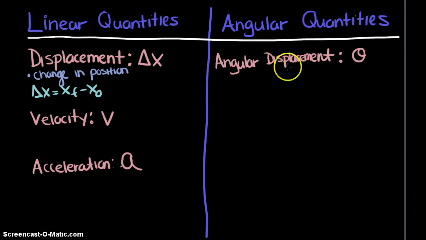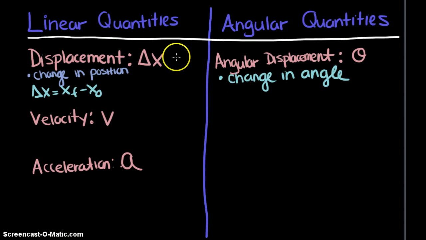Well, what we just found in the previous experiment is an angular displacement. So instead of delta x as the symbol, this has the Greek symbol theta. And instead of being a change in position, this is a measure of the change in angle. And we know that we have this formula for angular displacement that we found, this x equals r theta. So this is one of our new